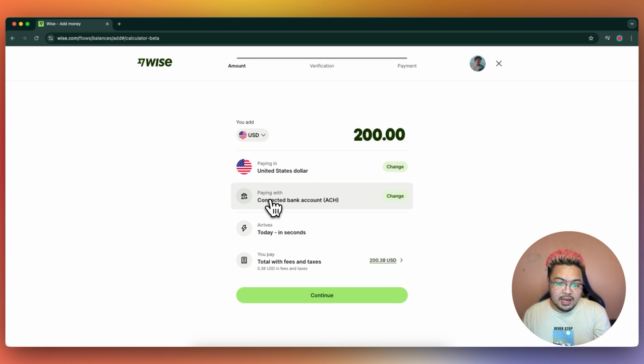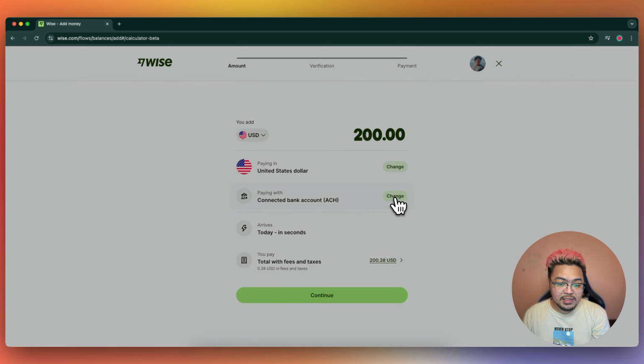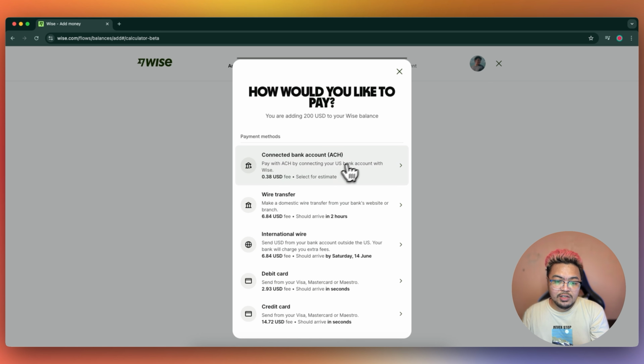And next to that, it's going to ask what you're going to be paying with. So you can either pay with a connected bank account that's already connected to your Wise account, or you can click on change and you can pick on these payment methods right here. So you can either click connected bank account, which would have a fee, 38 cents fee, as you can see here, for the $200. You could also have a wire transfer, a domestic wire transfer from your bank to Wise's